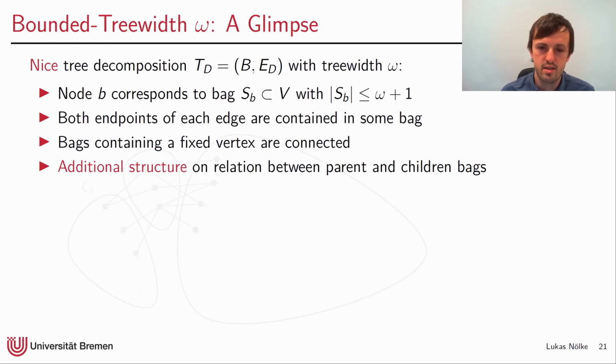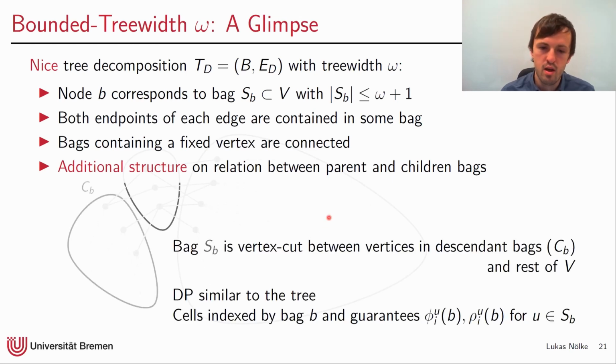And as I said earlier, in the dynamic program, we want to extend an LAP on CB, and the CB actually contains vertices that are in descendant bags of some bag SB, which would be our entry